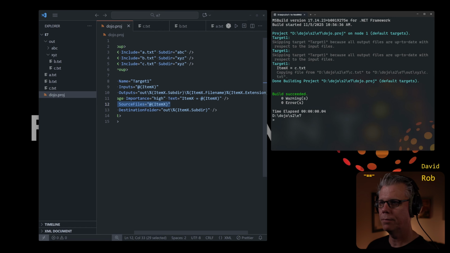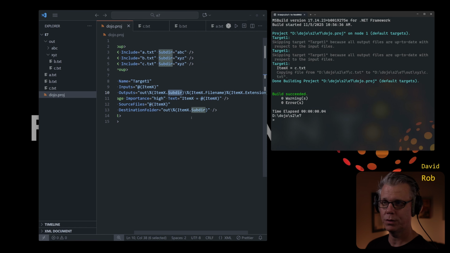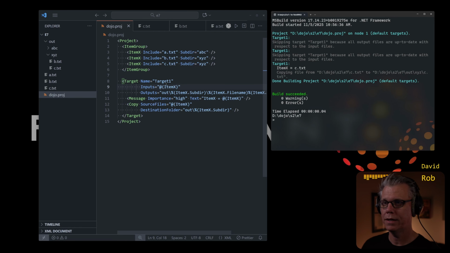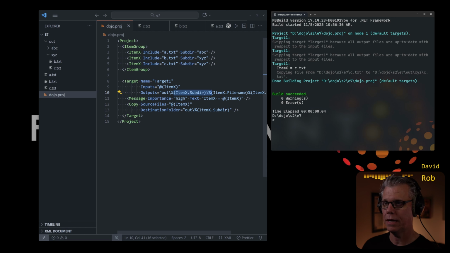But it's working at least, because we sliced this, and notice that when it took the batching, it compared the inputs only to those that matched. So what I'm saying is when it ran target 1 and we did this subdir to this output directory, it compared